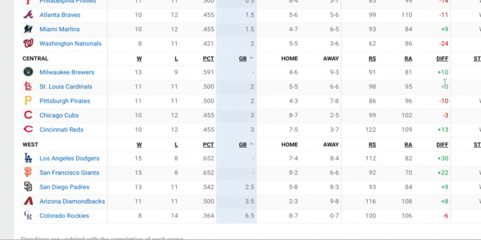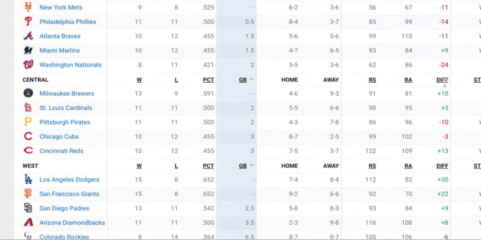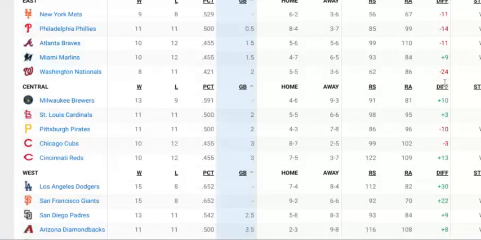But they had a better run differential than the entire AL East, which is pretty crazy. They also had a better run differential than teams in the AL that had records like 14-8, 13-7. Of course, that all changed after last night when they got beat 12-0. That skewed their run differential, but in a way, that's kind of the numbers correcting itself too.